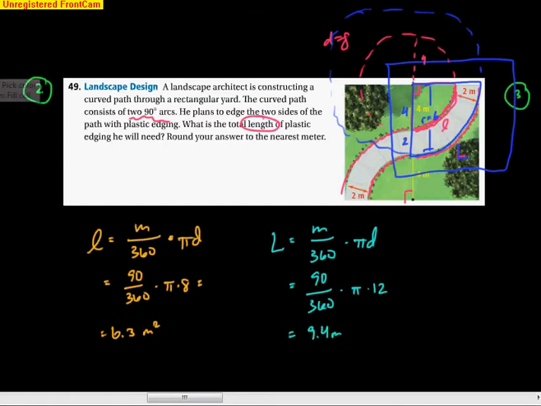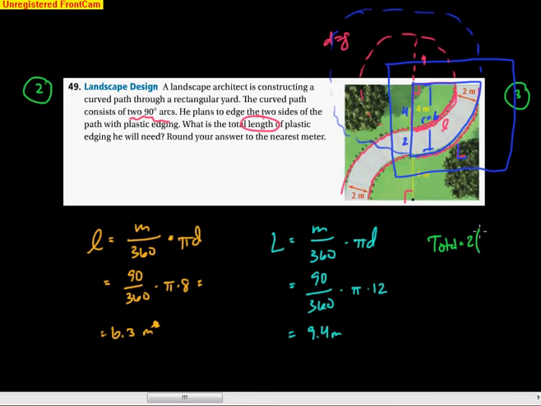Oh, I'm sorry, this is not meters squared over here. We're doing length, it's just meters, right? Sorry about that. So now, to get the entire edging of both sides, we just add these two numbers and we double it. Okay? So the total